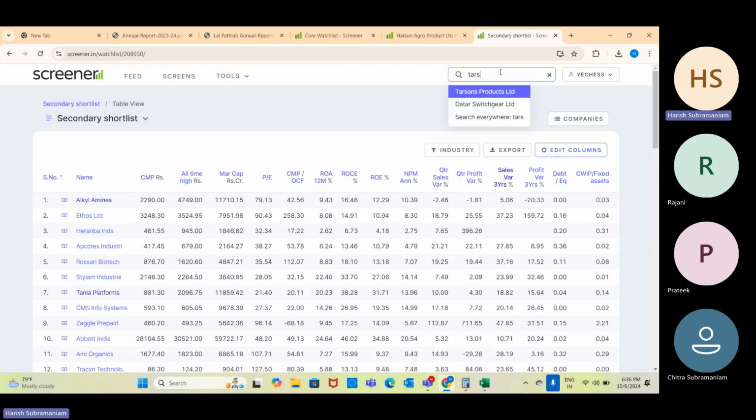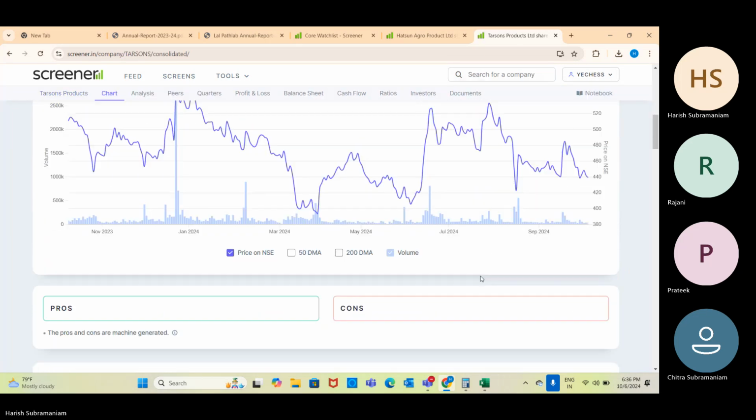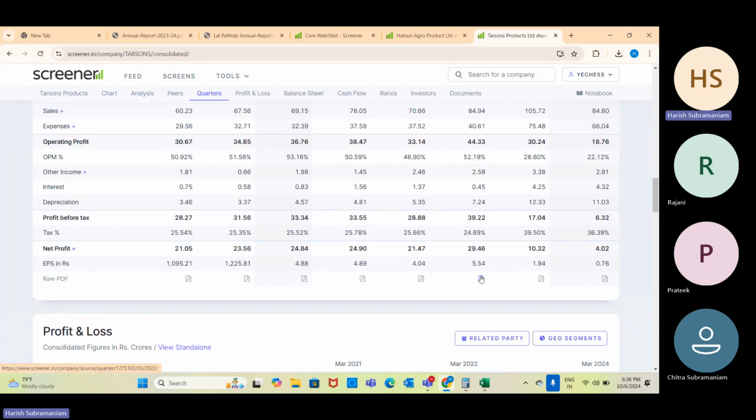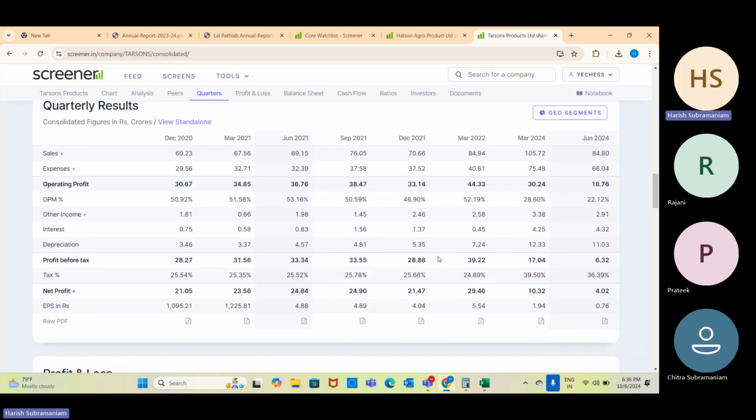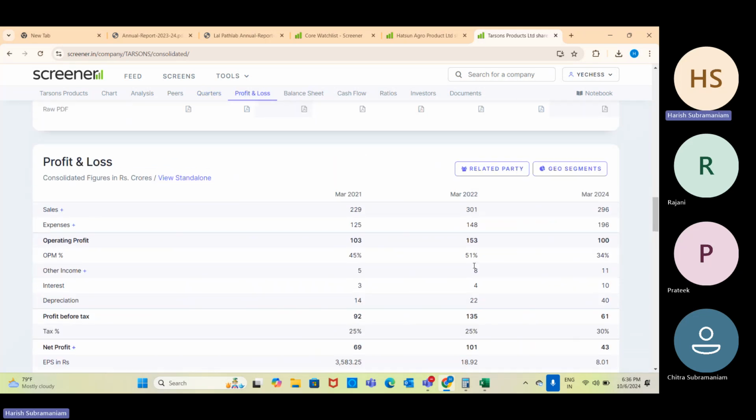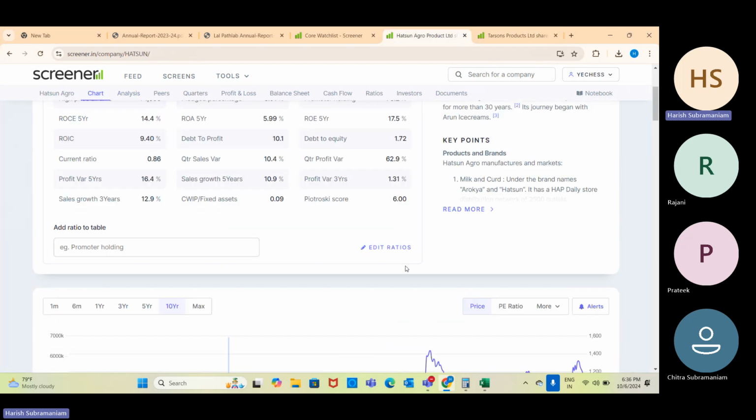So let's look at this company called Tarsons. Tarsons makes, for Lal PathLab, all the equipment, the glassware, the plastic equipment and other equipment that are needed for the lab tests, right? So let's look at this company. Over here, it had sales of 229 crore and expense of 125 crore, which means operating profit is 103 crore. Operating profit margin is very high, 45%, right? Operating margin is 50%. Whereas the same thing, if we look at Hatsun Agro,